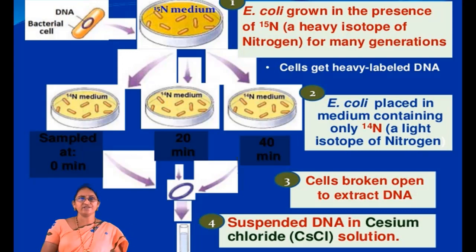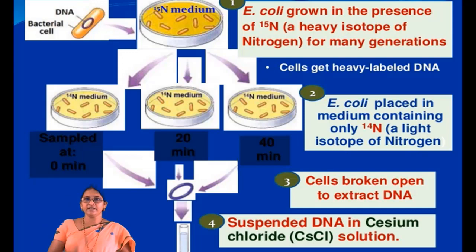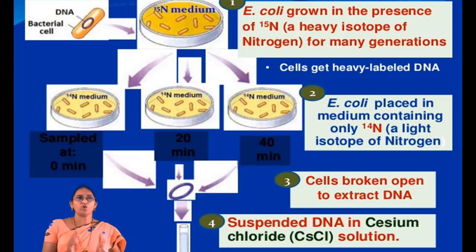After several generations, the bacterial culture was switched to another medium containing light nitrogen-14, and allowed to grow for several generations. To study the experiment, in this lecture I am going to explain the four generations of growth in this experiment. So after growing the bacteria in the light labeled nutrient broth, Meselson and Stahl